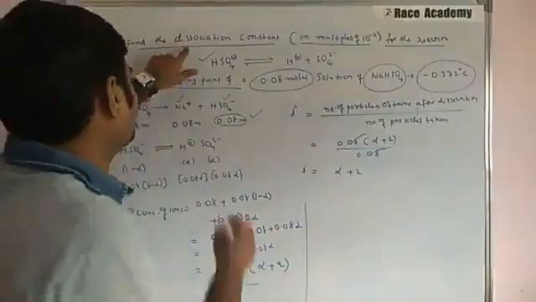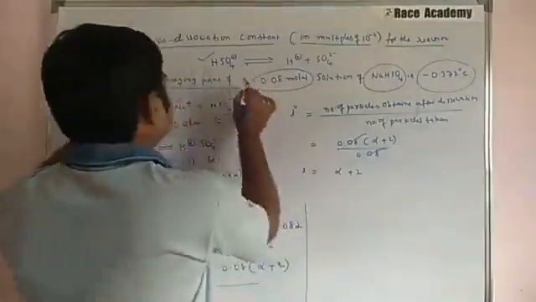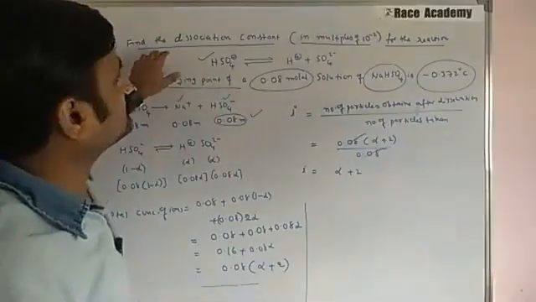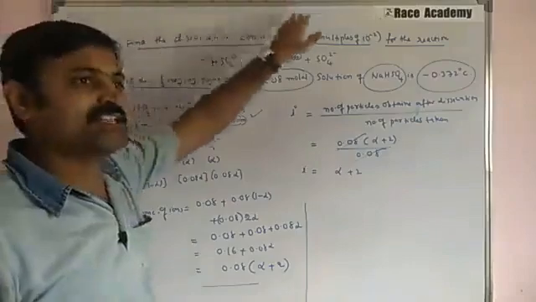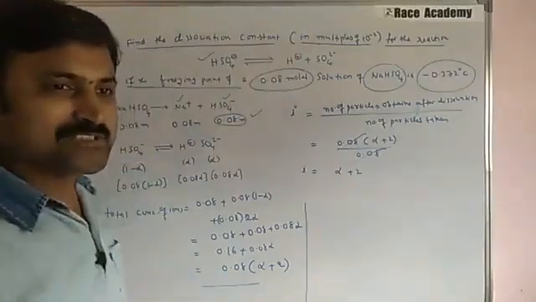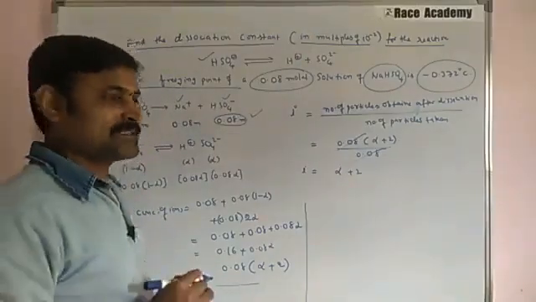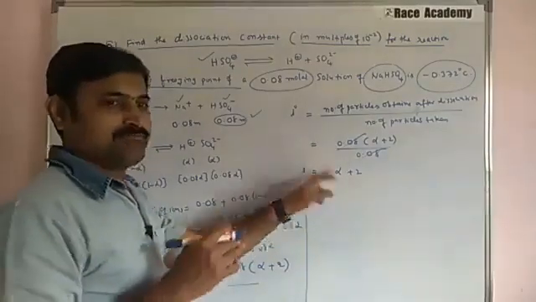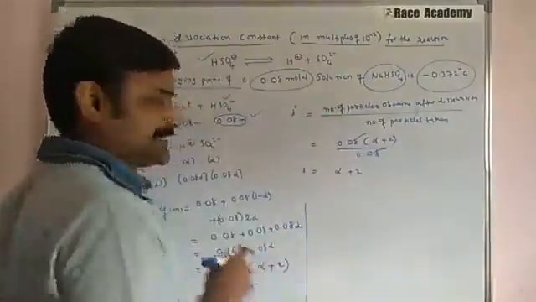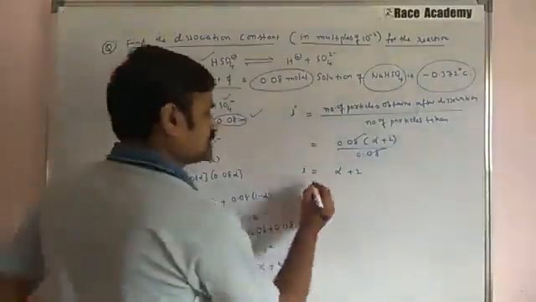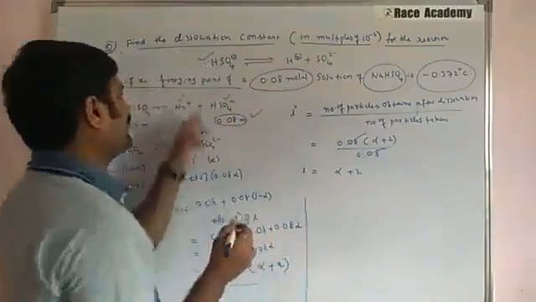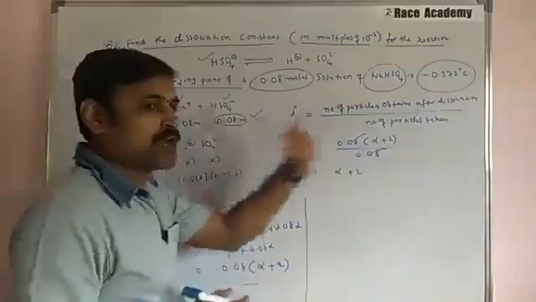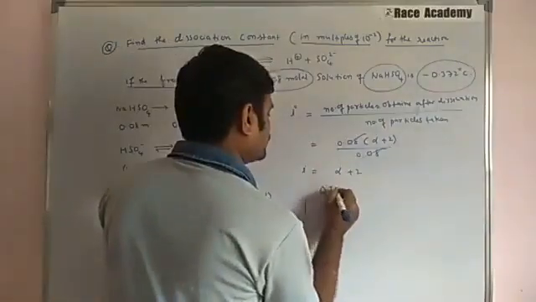The question they are giving is to find the freezing point of the solution, and find the dissociation constant of the solution. We have to find the dissociation constant of the solution, right? Because still we don't know the value of the Van 't Hoff factor. If we know that, we can easily write the answer. Now we have the freezing point given in the question, giving a clear idea about the Van 't Hoff factor involvement in that one.